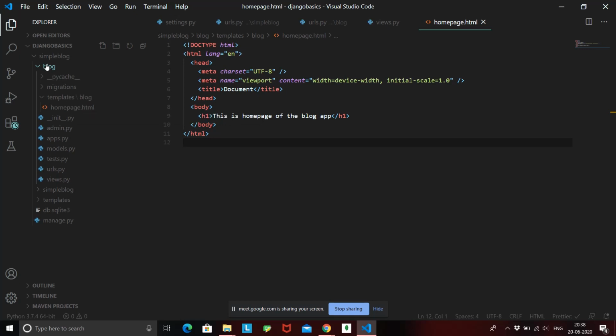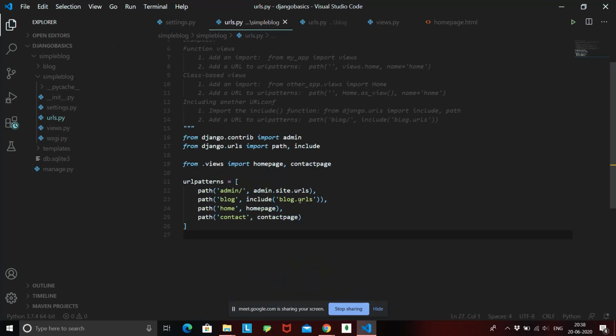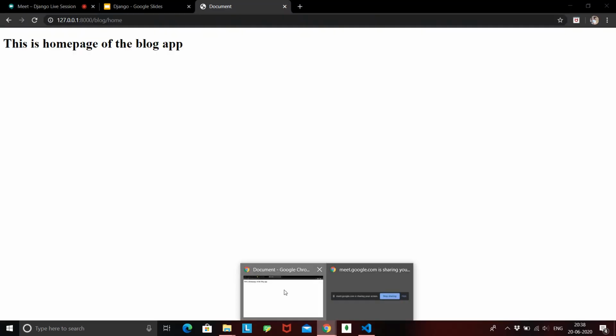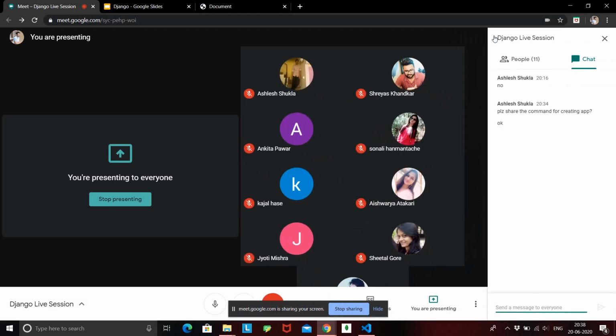Next thing what we did, after creating this complete blog, we went to our root directory. Inside our root project we went to settings.py. In settings we installed this app blog, and then in URLs we connected the URL of blogs with the base URLs that was provided by the root directory. Okay, so this complete flow is clear to everyone, how we create a blog and connect it with the root directory. Okay, and this is how we access it, by giving the /blog and then the URLs of the blog app. Okay, so I guess apps in Django is clear to everyone.